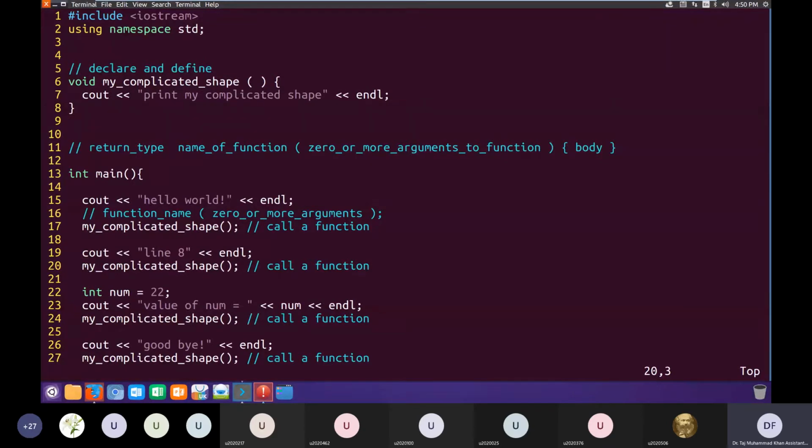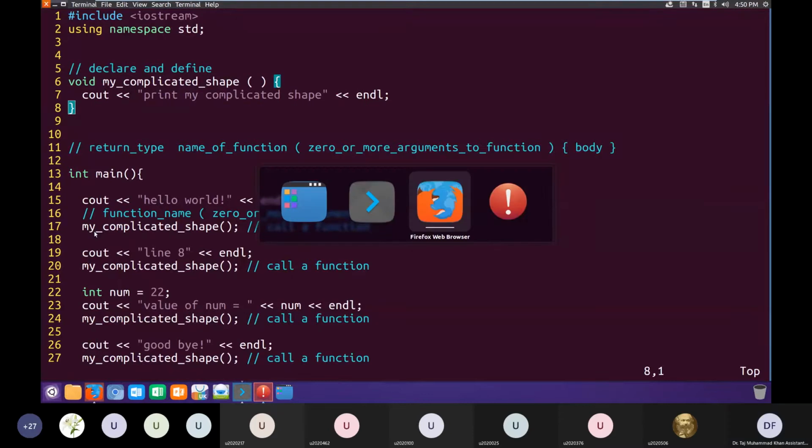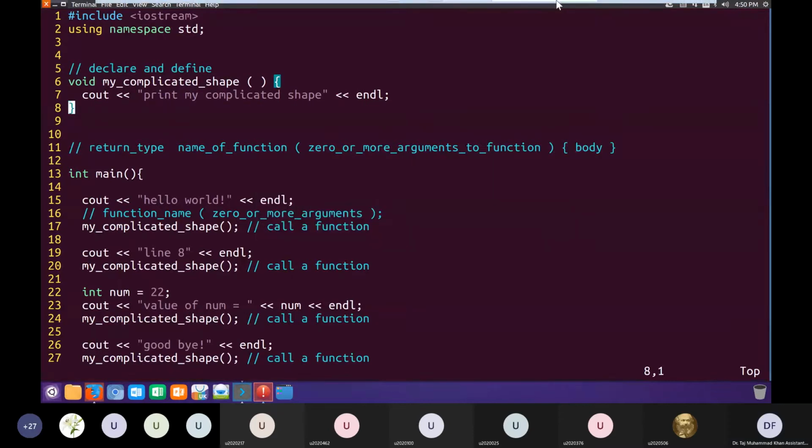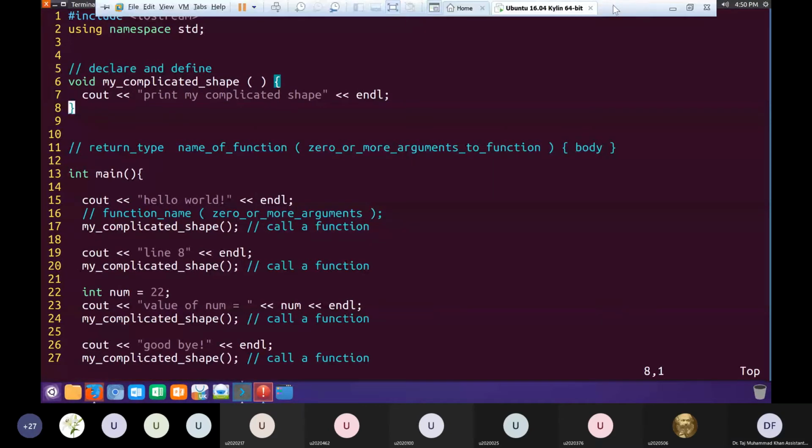It will jump to line number 6, and continue executing the body until it reaches the end of the function, which is line number 8. After reaching line number 8, this time again it will jump back to where it came from. So now it will jump back to where? Line number 20. Okay, very good.